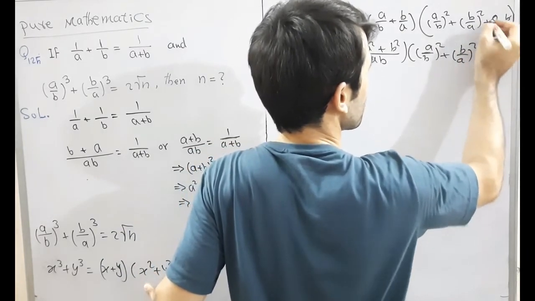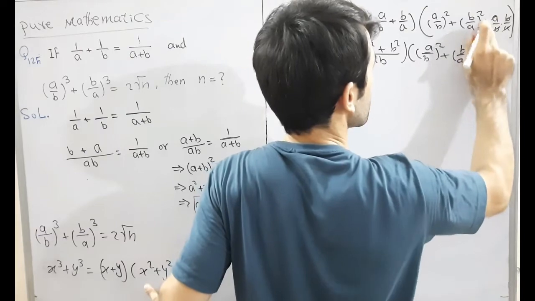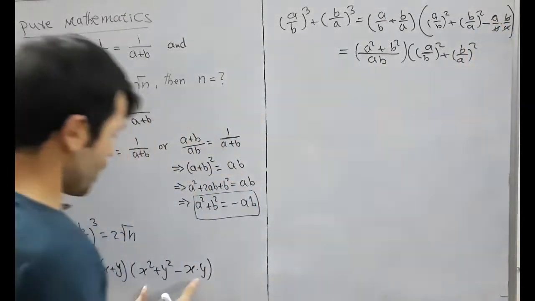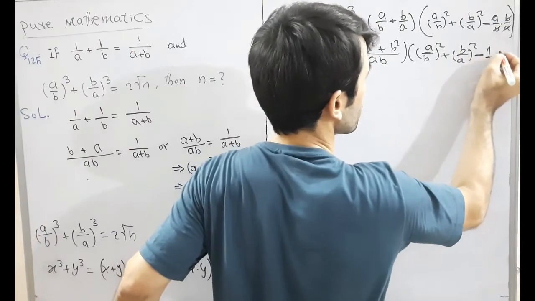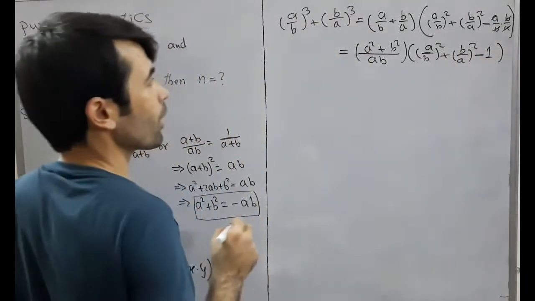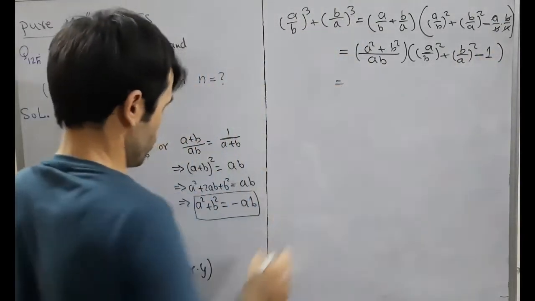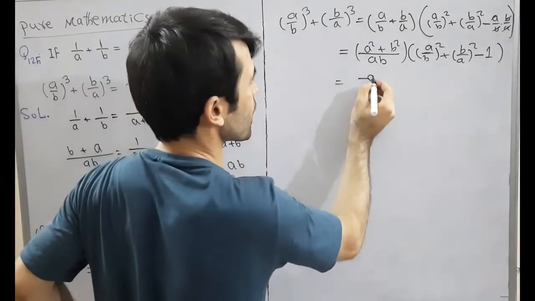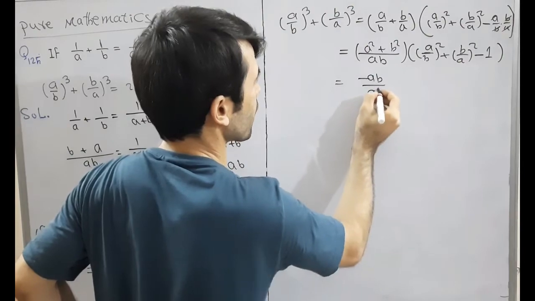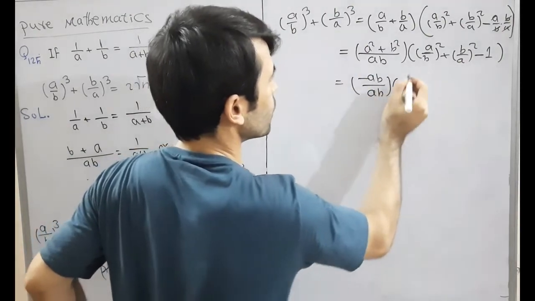These two cancelled, we get minus. Here is minus, according to this formula, also here we have to write minus 1. Now it is equal to, we have a square plus b square is equal to minus ab, over ab into,